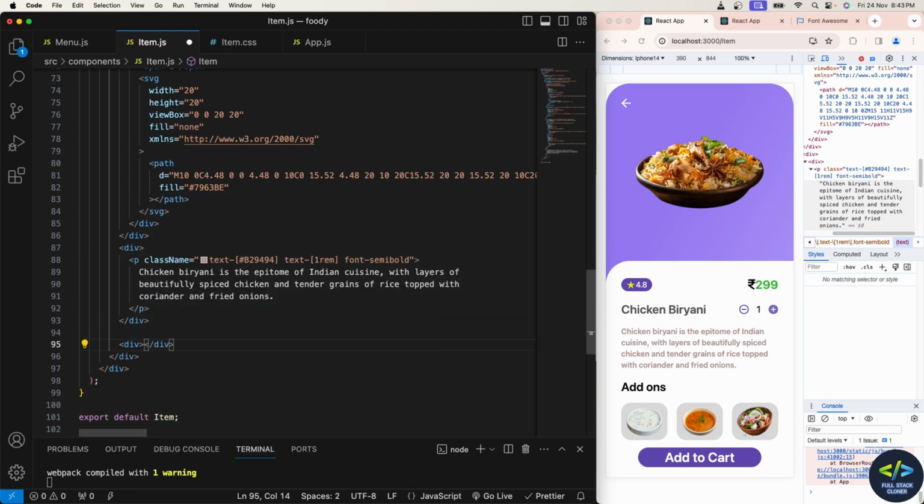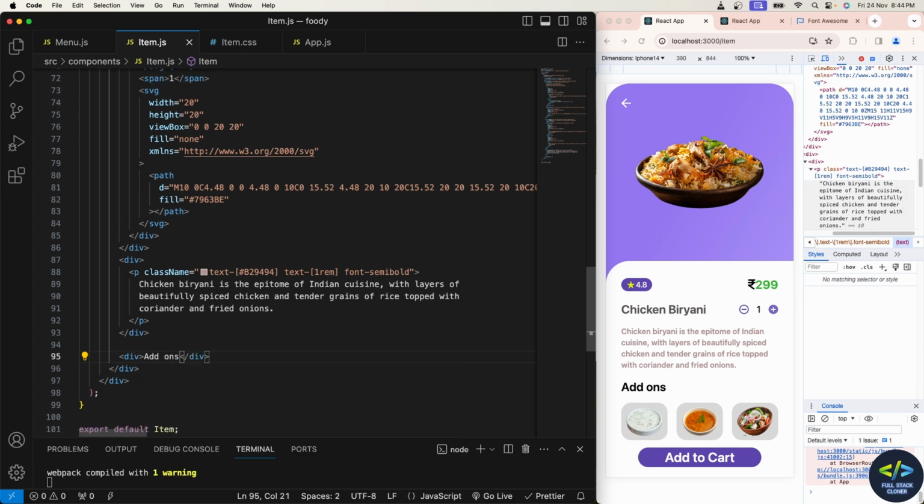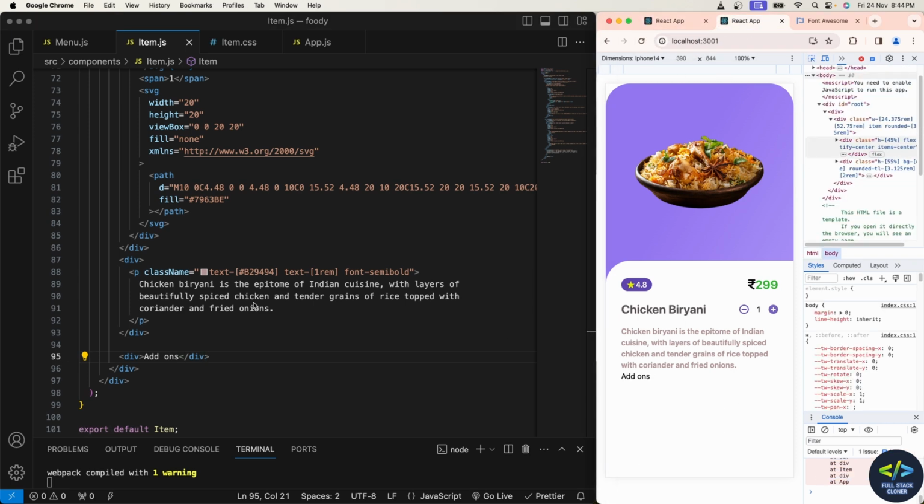Now let me go do that add-ons. I'll save this. So for the add-ons thing, let me go ahead and style as in the original. So for that, I'll increase the text size, so I'll give